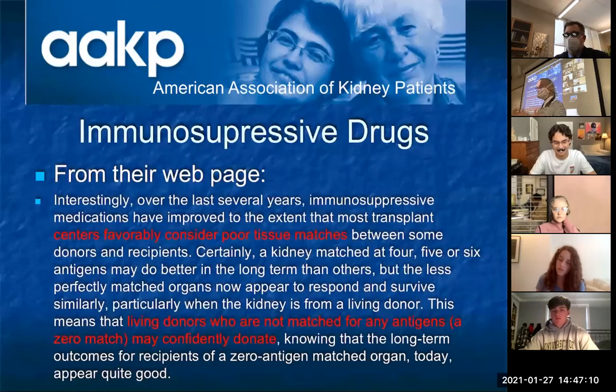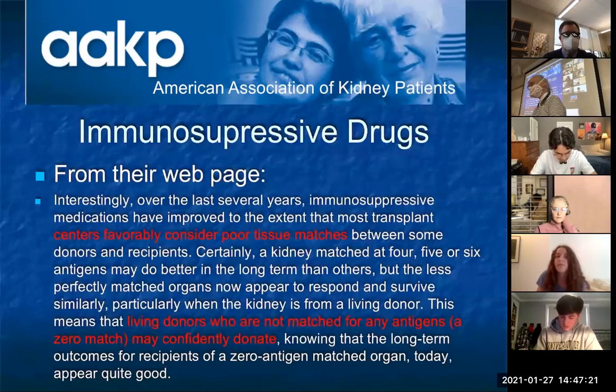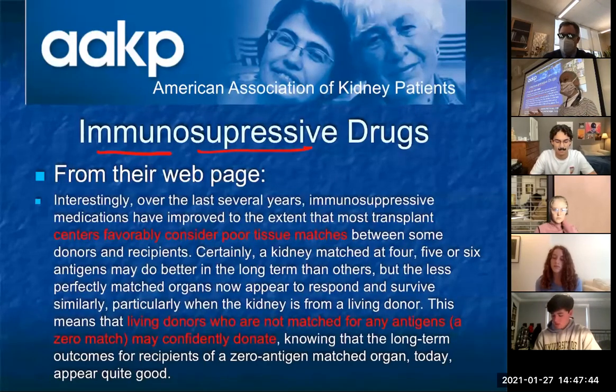Okay, luckily, the other thing that researchers have discovered and worked hard to develop are immunosuppressive drugs. So just like their name says, they suppress or quiet or prevent the immune system from acting like it should, which also means when you have to be on immunosuppressive drugs, you have to be super careful. So we're going to have a guest speaker come in and you can ask him about immunosuppressive drugs. They also have to be very careful in something like the pandemic, because if they are now infected with that virus, just generally, you know,